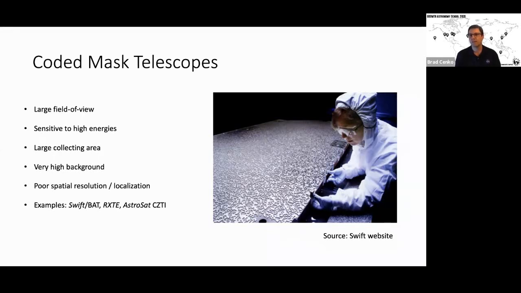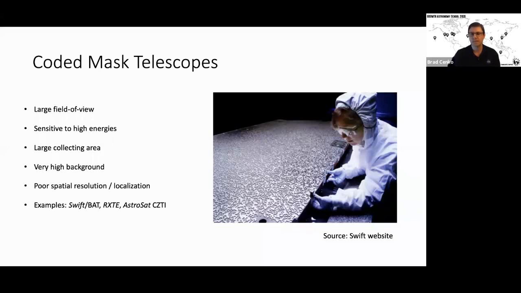It can localize sources on the sky to sizes of a few arc minutes. Whereas of course with focusing X-ray telescopes, we can do much better than that. We can get down to sizes of only a few arc seconds. A few examples of this: I mentioned the Burst Alert Telescope on Swift, the Rossi X-ray Timing Explorer, the CZTI instrument on AstroSat, which is the instrument that we'll play around with some data when we do the hands-on